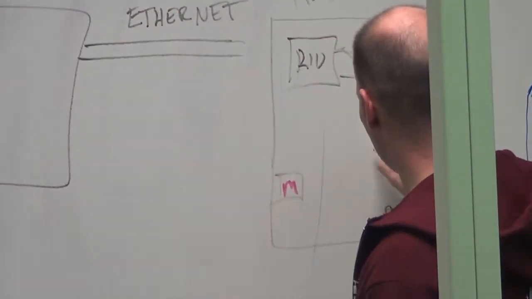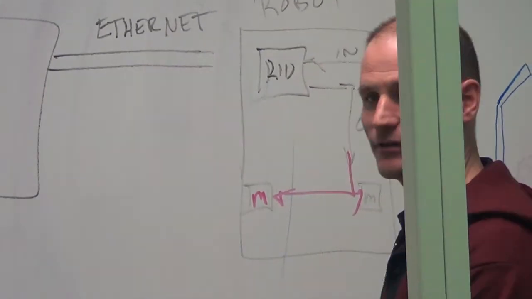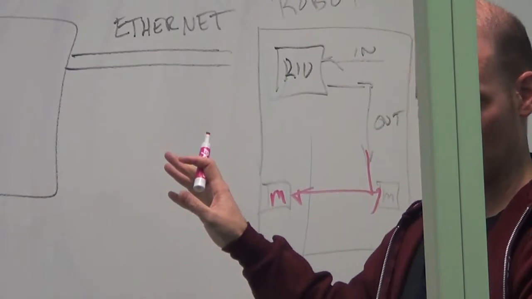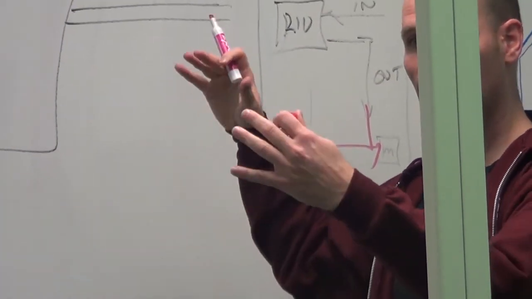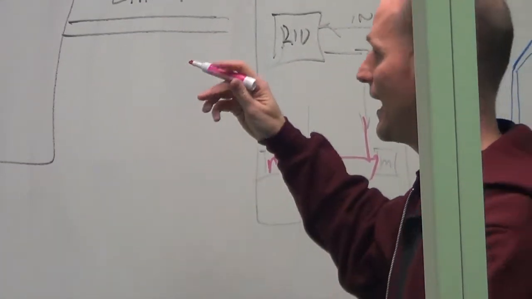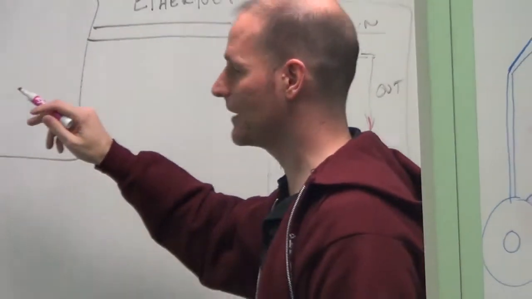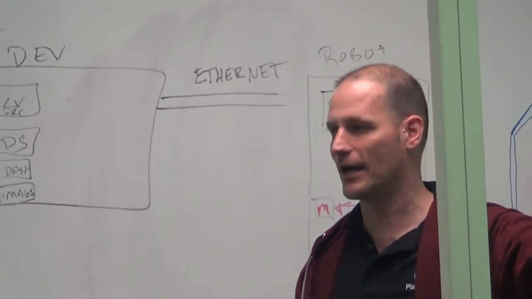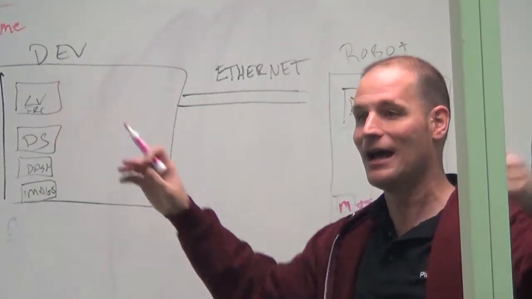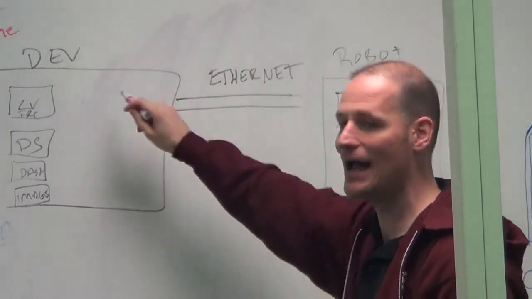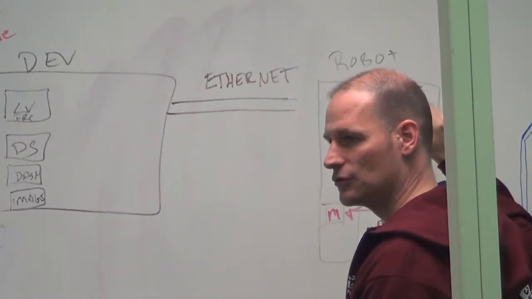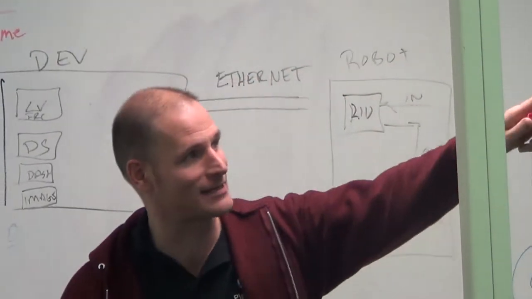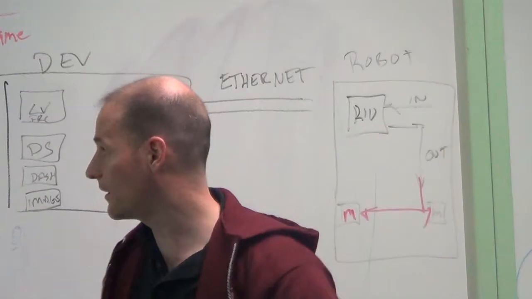So I've got motors that are from my outs, and those are attached to wheels which attach to the ground. So that's the physical layer that's happening. A layer above that, or 2 layers above that, 4 and 5, is IP addresses. So I got to be able to tell. This Ethernet could go anywhere. In fact, I disconnected from the Kettering Ethernet, which is connected to all the other computers in the world. I got to have an address that tells me where I am, so that I can get a message to another address. All right. So what I just did by setting that number 448 is this is now